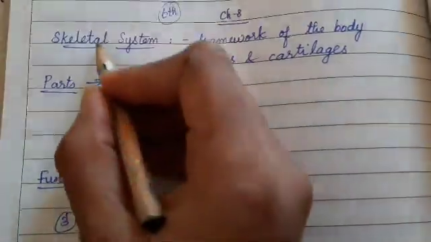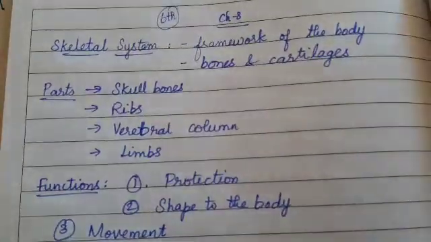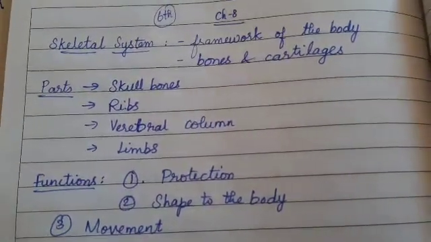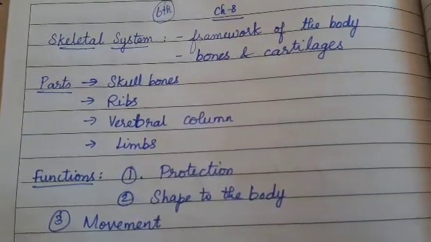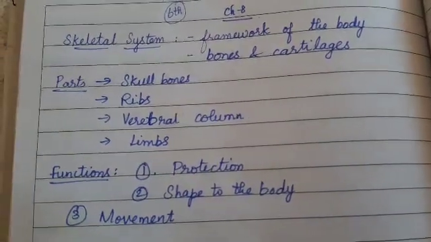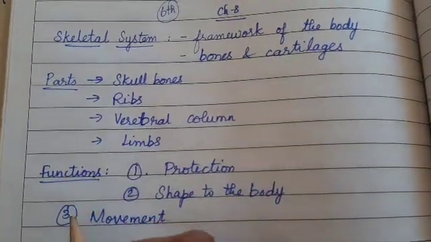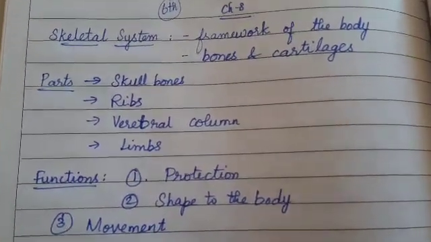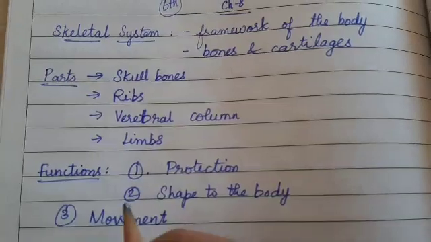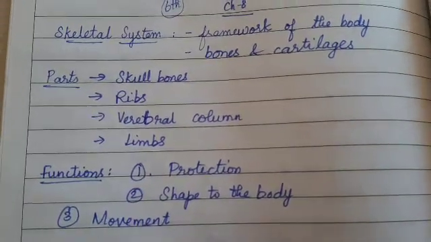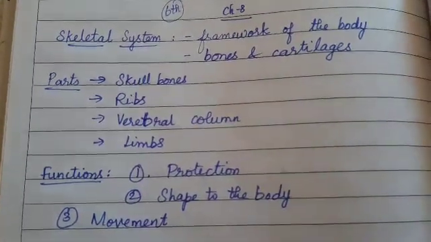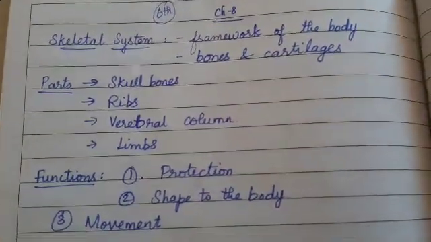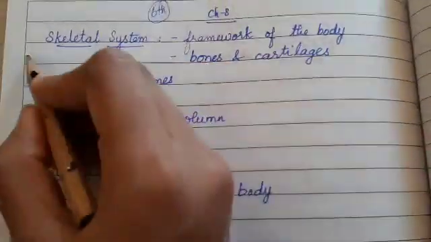We are going to see about the skeletal system. Already in your lower class you would have learnt about the 6 types of organ systems in our body. But now you will get to know about the bones present in the different parts of the body and their functions. Okay. So first, the skeletal system.